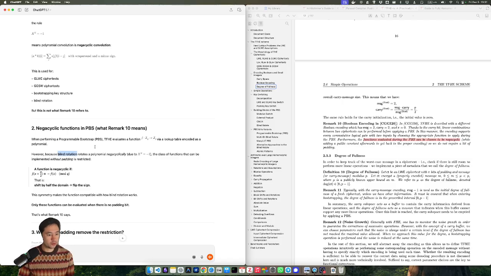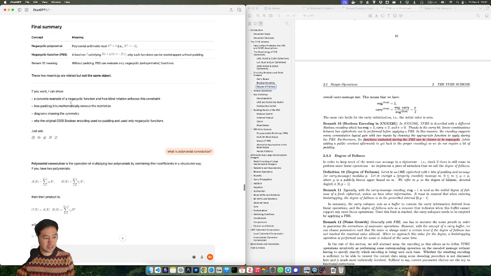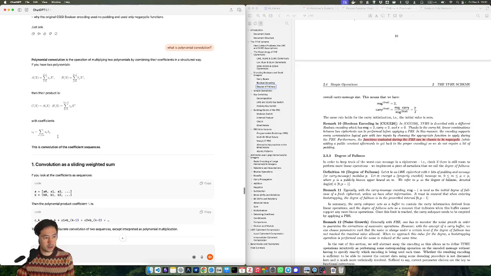It rotates a polynomial negacyclically. So that's the thing. Depending on the modulus, it doesn't make sense in this example because